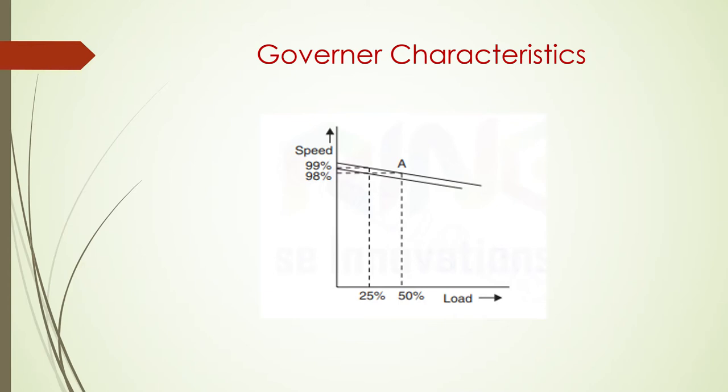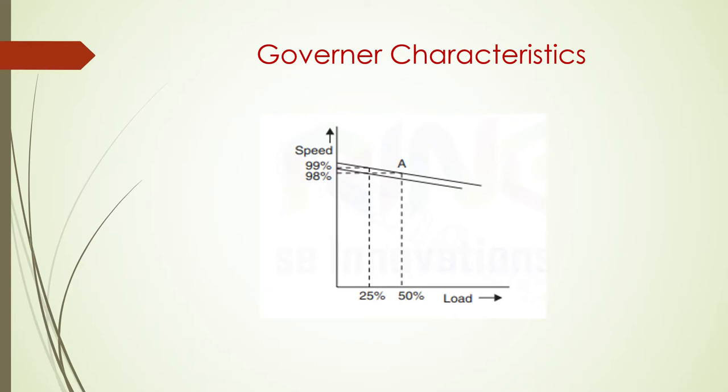The widespread use of electric clocks, the need for satisfactory operation of power stations which are running in parallel, and the relationship between the system frequency and the speed of the motors have led to the requirement of close regulation of power system frequency. We have also seen in the previous classes why we have to maintain the frequency constant. Now, this system frequency and load will depend upon the governors of prime movers. So that is why we have to understand the characteristics of the governor and the operation of the governor.